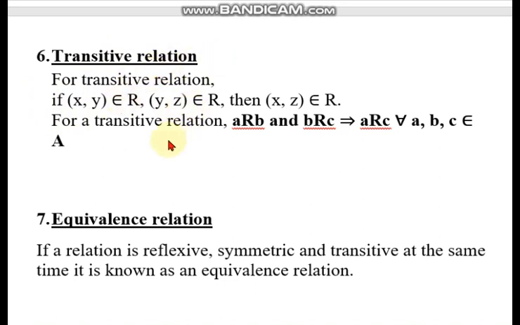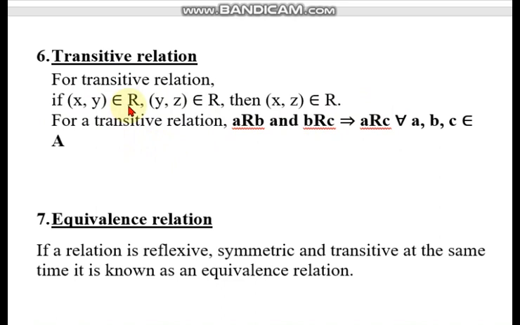Understood? So for transitive relation, what we know is if (x, y) belongs to R and (y, z) belongs to R, these are the necessary conditions. If we have (1, 2) belonging to R, then we must have one pair which starts from 2. Why? Because here we are taking (1, 2), so the next should start from 2. Then (2, 3). And then we will check whether (1, 3) is there or not.